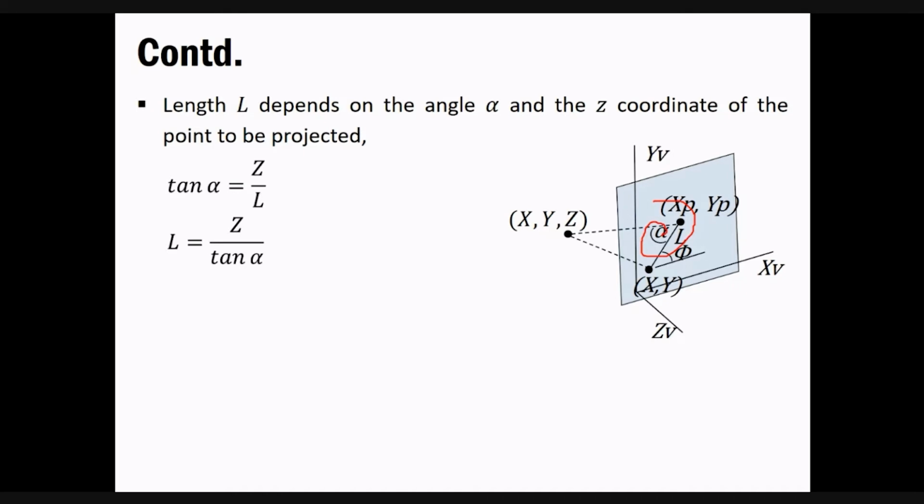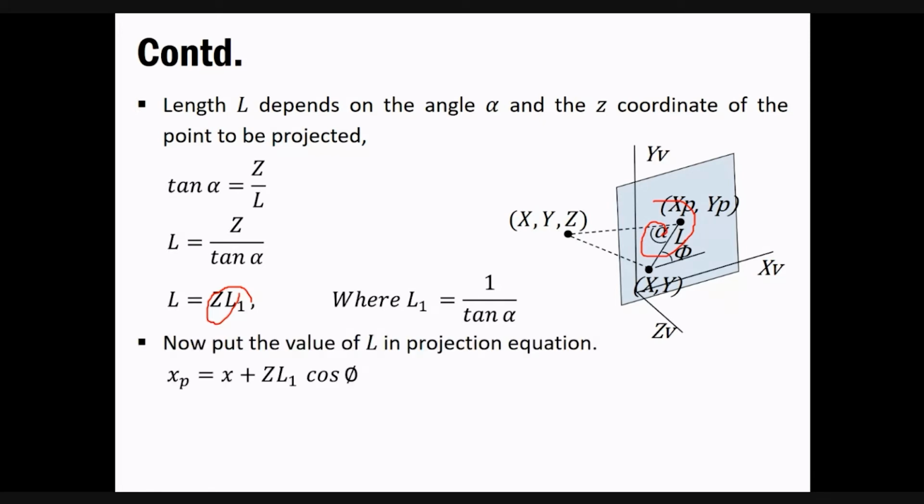Now we will take L as the subject, and if we do this, we'll get L equal to Z upon tan alpha. Okay, now what is written over here? That is L equal to Z L1. We have substituted L1 with 1 upon tan alpha. So if we do so, we'll get the simple thing that is written over here, nothing but L equal to Z L1, as you can see.